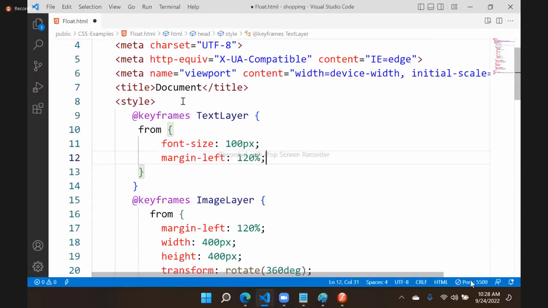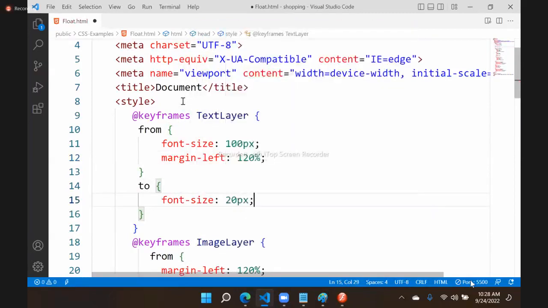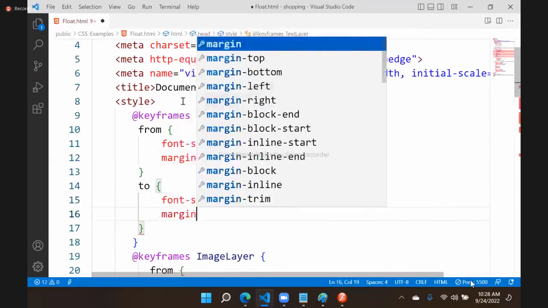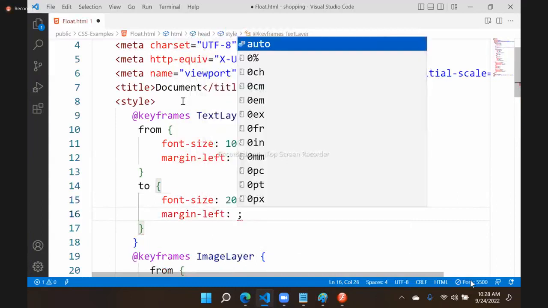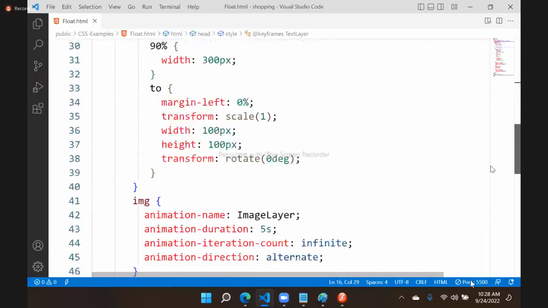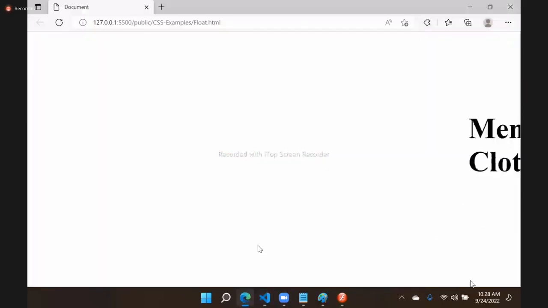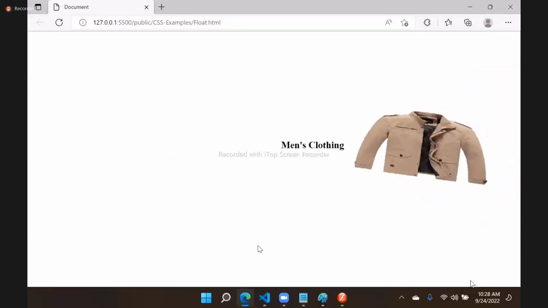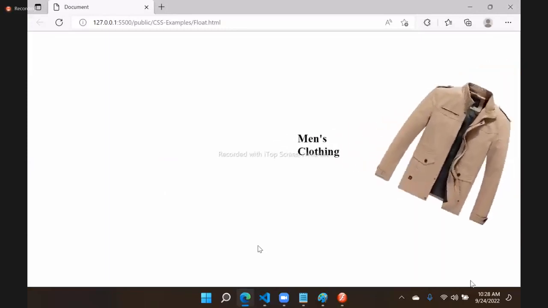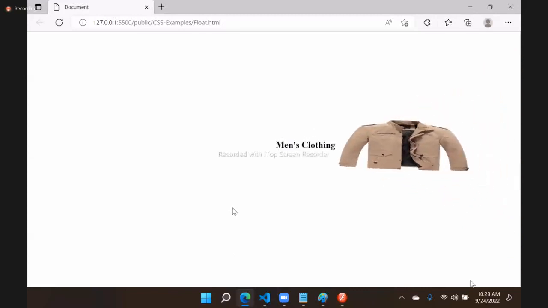And to font size is 20 pixel, and margin left is suppose 50% I will give. And this must be applied to heading. It is not the image layer, it will be the text layer. That means for image, animation will be different, for text, animation will be different. That depends on how you configure, because both are present in the same